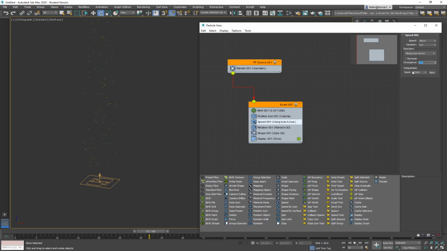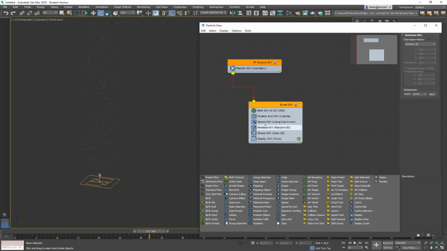The uniqueness basically means when you create two particle systems with the same seed factor for uniqueness, they will create the same particle systems. If you want them to be randomly different, you should make sure that they have a different random seed. There's no real random in computer programs. They all get generated from something that's called a seed. So if you want to make them different, just make sure they have different random seeds.